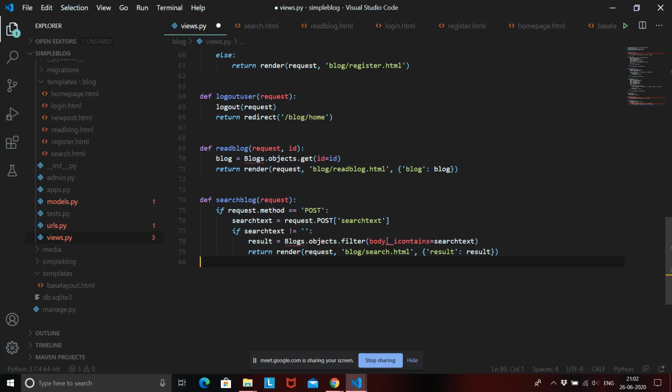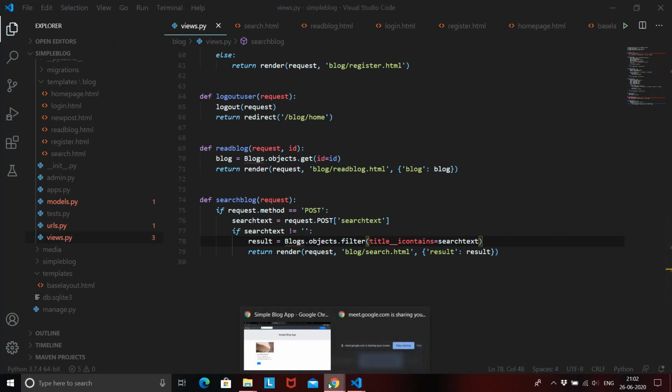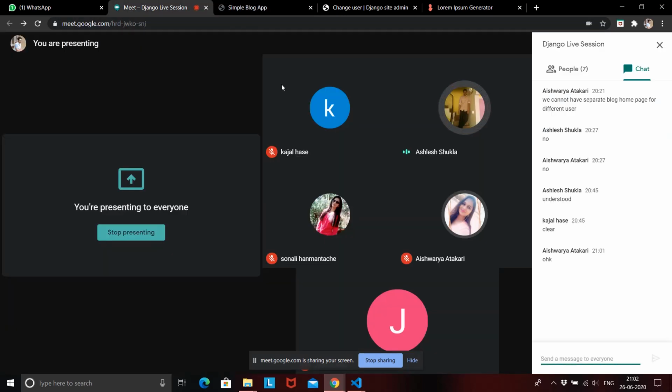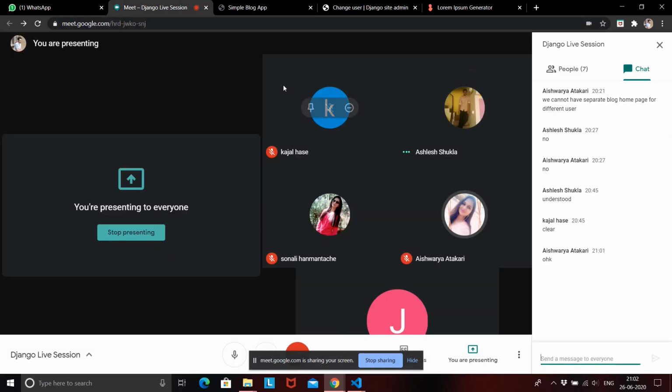If I have to check for a user, I'll just say post user. It doesn't matter, you can give any attribute name over here, but basically blogs are searched by title, right? So we just give title over here. You can give any attribute you want to search inside this filter method. Okay, fine. Thank you.